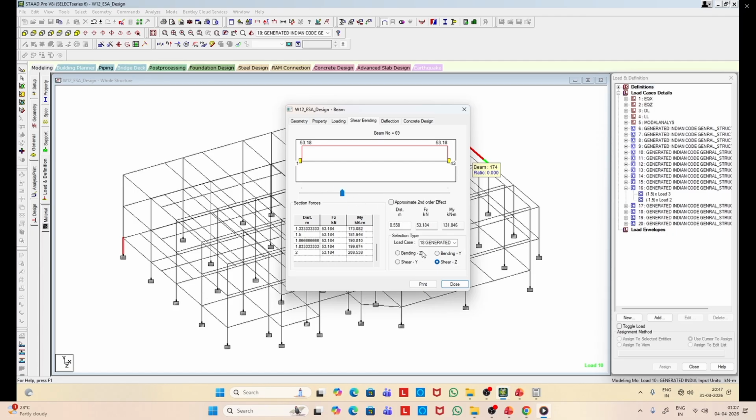Likewise, for every member, you can cross-verify whether the designs are okay or not. If there is some issue, like we had earlier, accordingly you can adjust different parameters and then you can redesign the cross-section to make it safe, right?